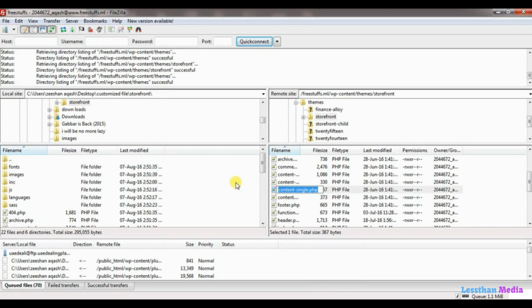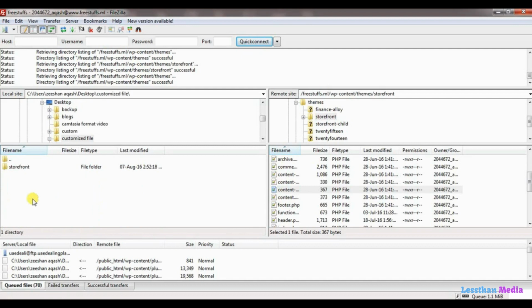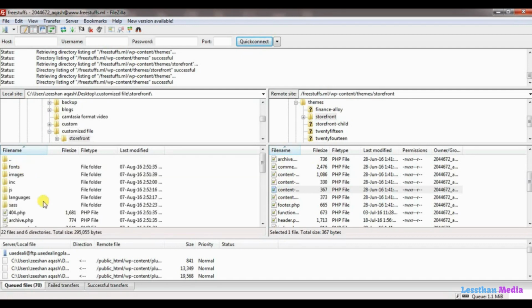So I have this file on my desktop, and here I have downloaded it into this customized file folder. Now this is the storefront theme folder that I have downloaded. Now what you need to do is to open this folder and copy those files that you need into your